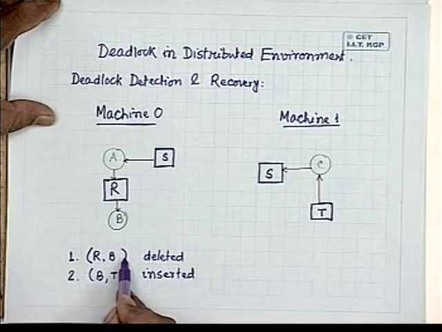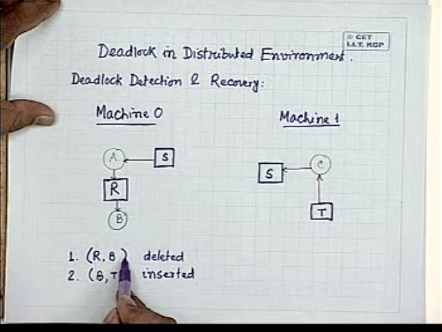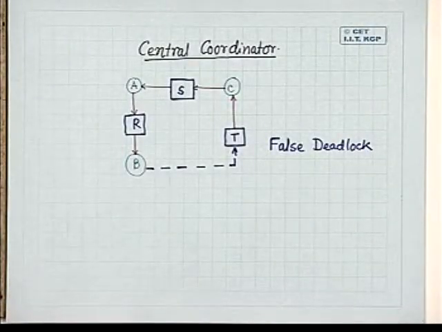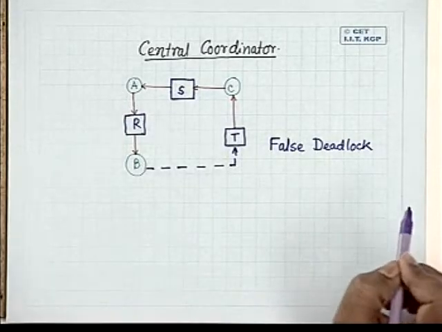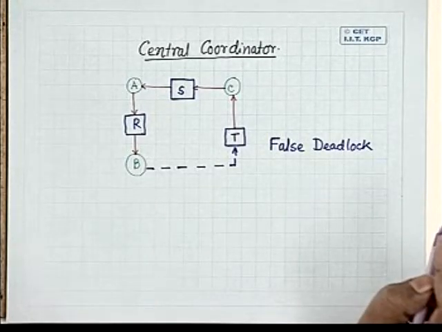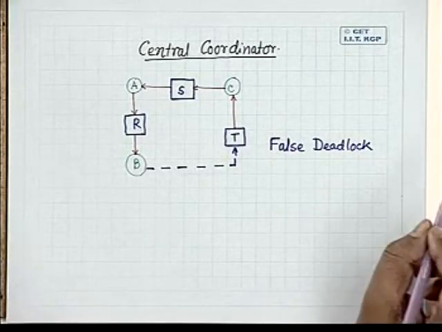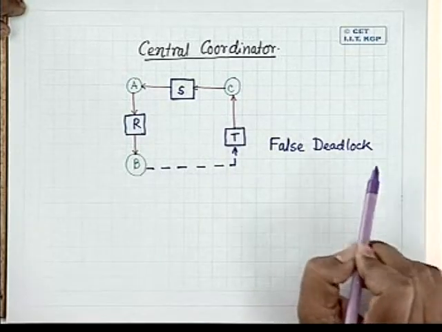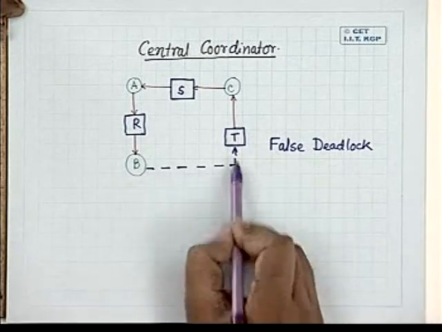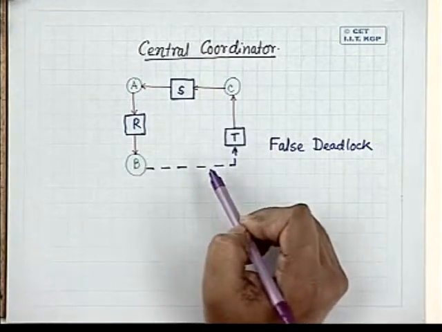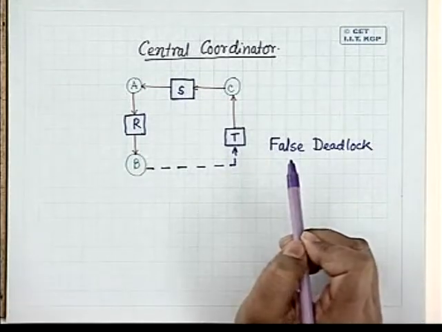So the modification is that whenever an updation message is transmitted to the central coordinator, the message is always accompanied with the timestamp. Once the central coordinator gets a message which can lead to a deadlock like this, because this is the adverse situation we don't want to occur,